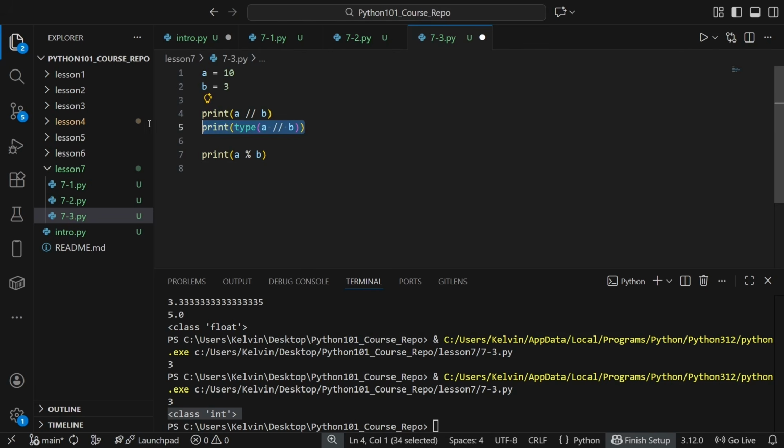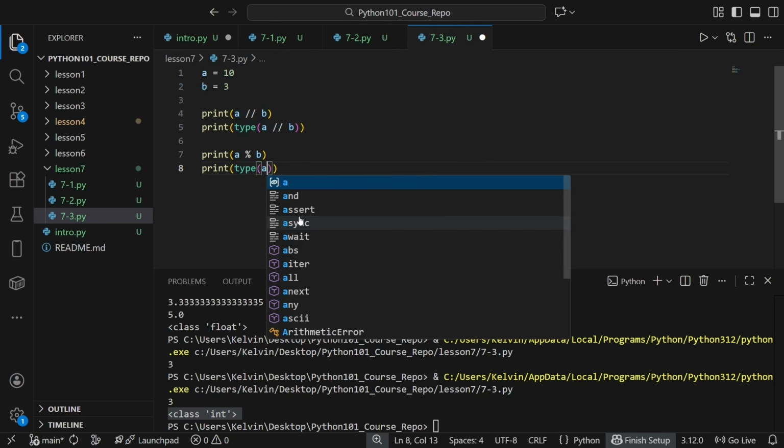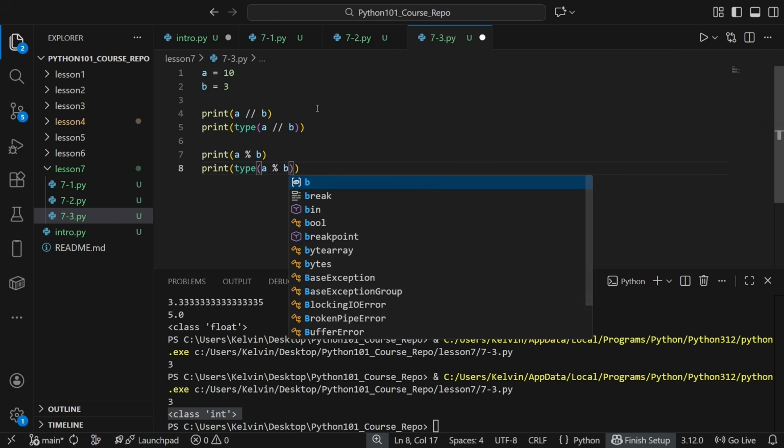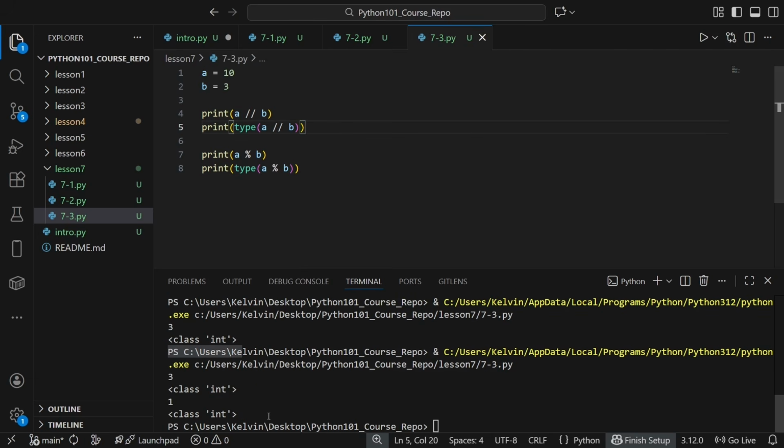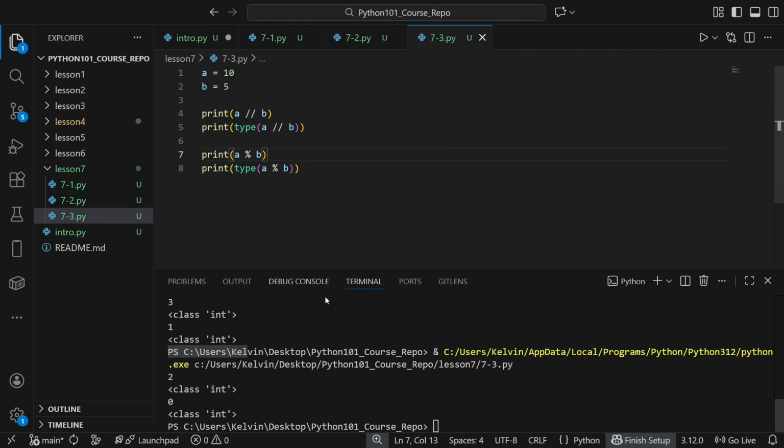Now we can check the same thing right here. This will give us an integer as well. C1 with a class of integer. We can also adjust the numbers in the case where it divides evenly. So for example, here, instead, we'll change b to 5, and we should expect for this to give us 0. We can see that this correctly gives us 2, and a modulo b gives us 0, because there is no